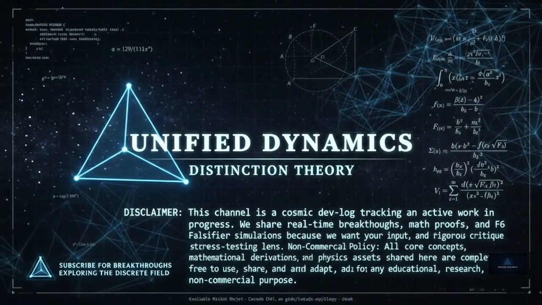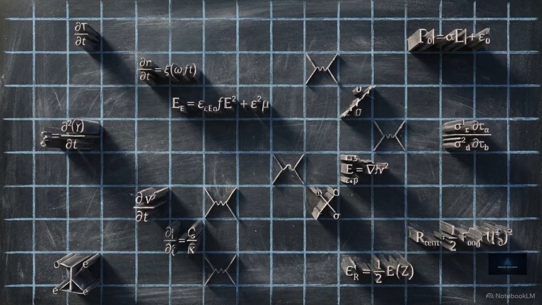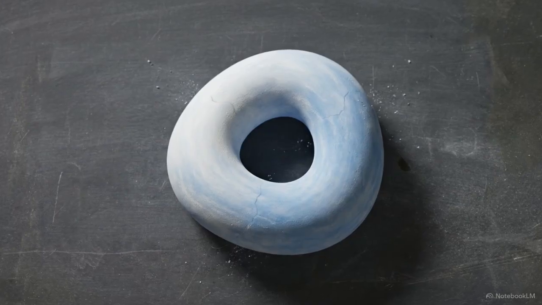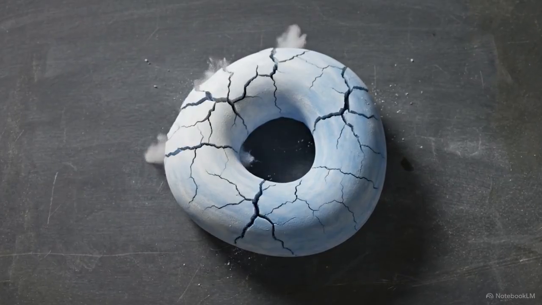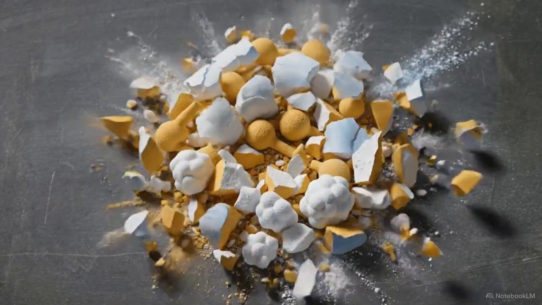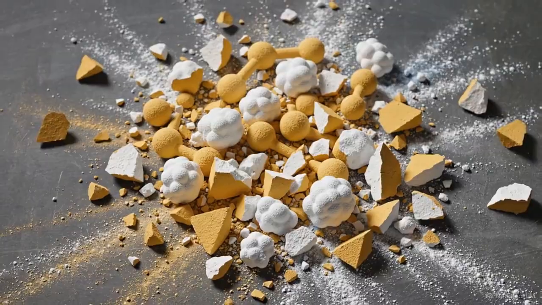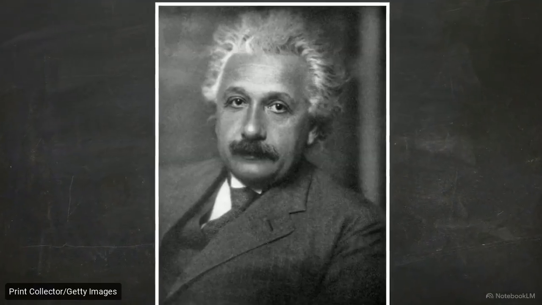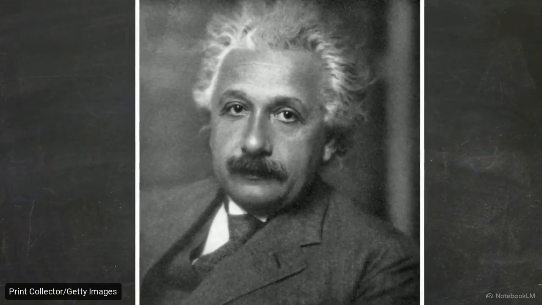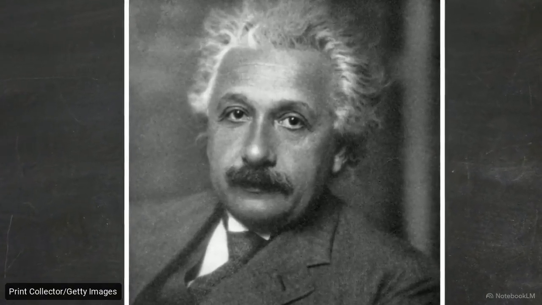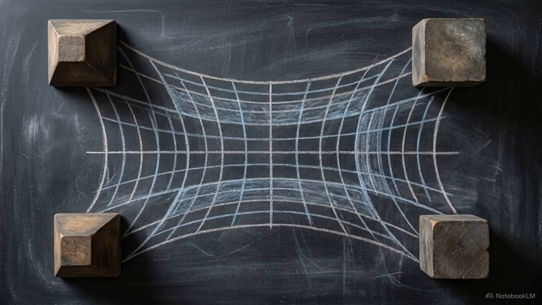Distinction theory. Foundations of modern physics, from the Standard Model to general relativity, begin with a spatial arena already in place. We model the universe within a pre-existing geometric stage, but that stage fractures into a discrete lattice at the quantum scale. Einstein's field equations and current quantum theories depend on smooth manifolds and coordinate systems as unexamined inputs. Geometry is treated as a given rather than a result.